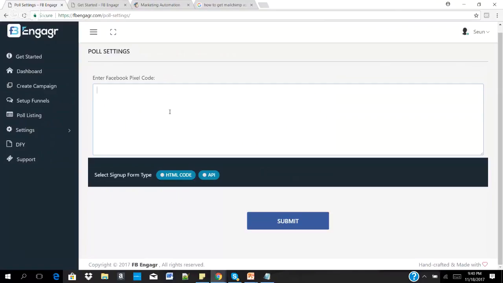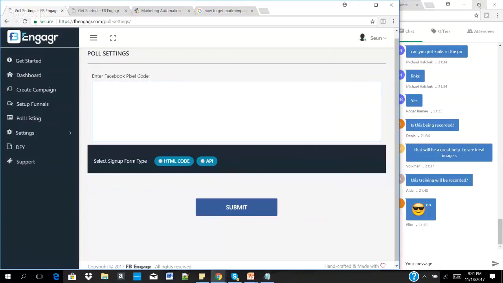Now, you can run an advert on Facebook to retarget people that come to your poll page, answer your poll, but didn't take action. Taking action in the sense that they didn't sign up to become a subscriber or to become a customer or to become a client, and they did not buy whatever you're selling or you're recommending to them. So this retargeting works very well and can help you to get customers or clients or visitors that are already lost. So now that's what you can do with the Facebook pixel code. So the next thing I want to talk about now,